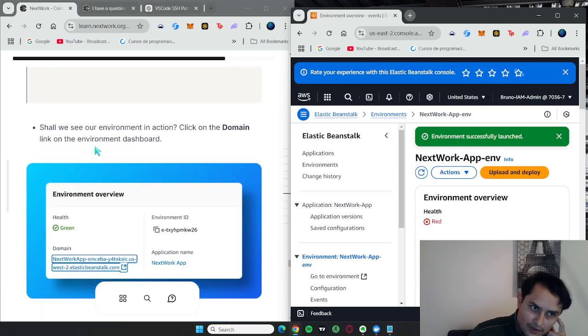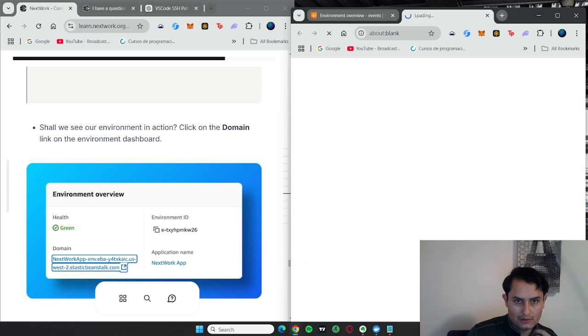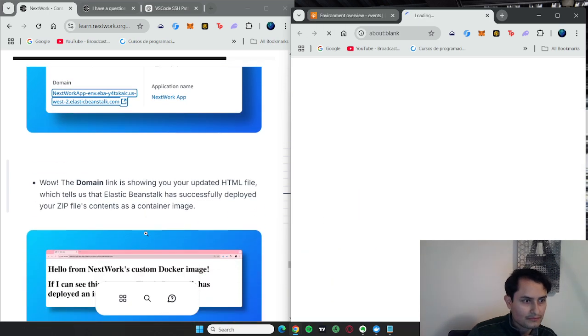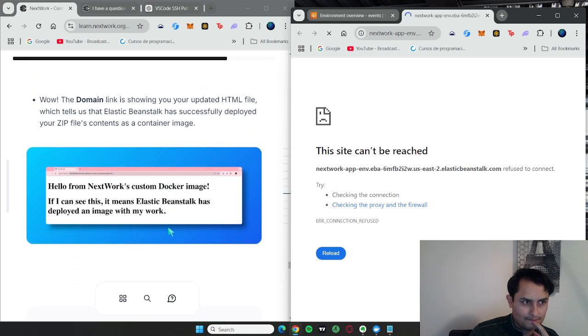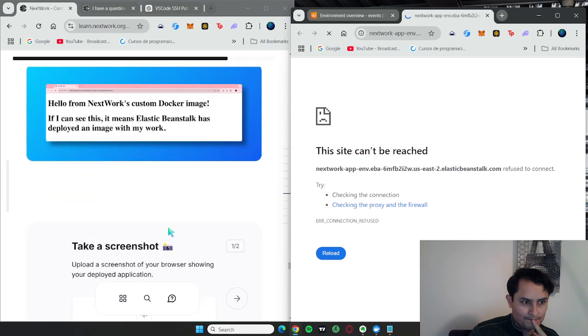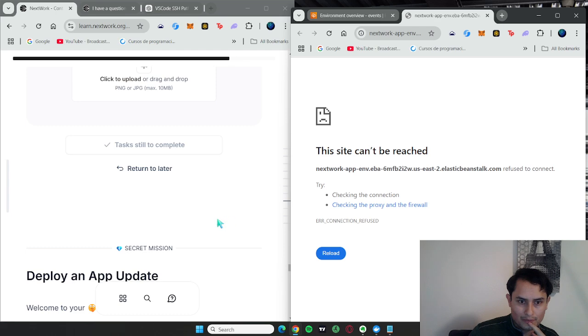Shall we see our environment in action? Click the domain link on the environment dashboard. So let's go here. The domain link is showing you your updated HTML file. See what I'm talking about, guys? Refuse to connect. So that was the last part that we